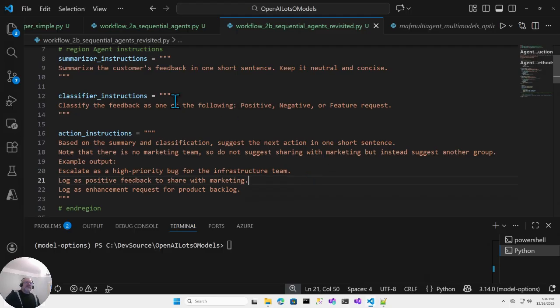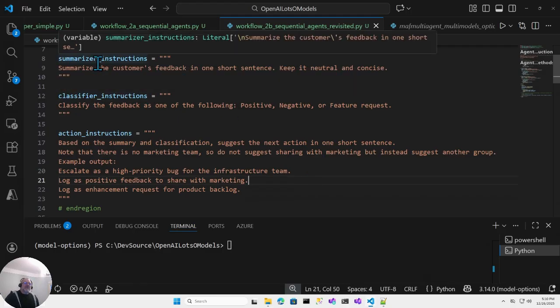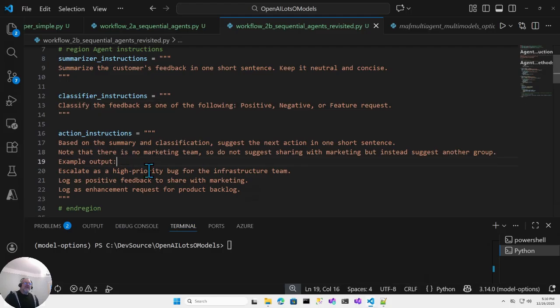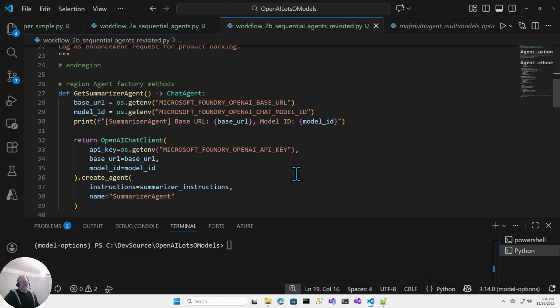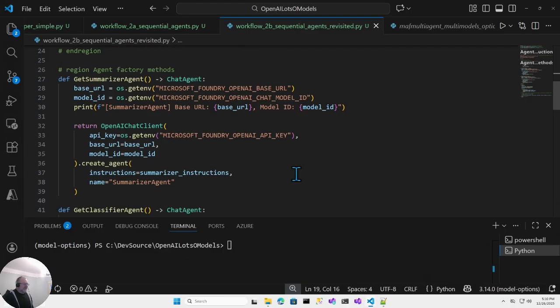So these are the agent instructions. Like I said, there's a summarizer agent, a classifier agent, and a what-to-do agent now that we've done those things. And from my understanding, when you do multi-agent systems, you really want to focus in on each individual agent having a specific role to do, and these are the sort of roles that you would want to really isolate down, so they get really, really good at those roles.